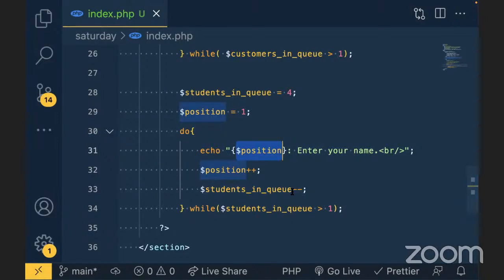All right. Now it will come back and check, and it will find that the students in the queue are 2. All right. Now, because they are 2, what it's going to do is that it will come here and put 3 because it left this when it was at 3. So it outputs 3, enter your name, and it will increment the position. That means the position will become 4. Then the students will be decremented to